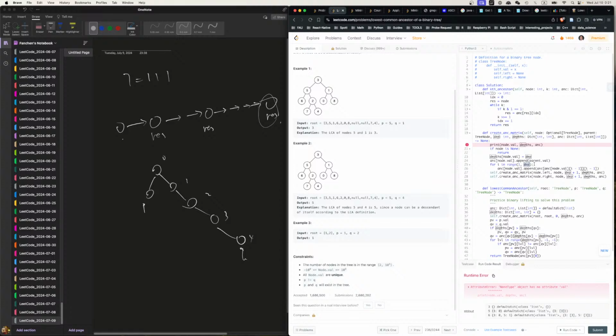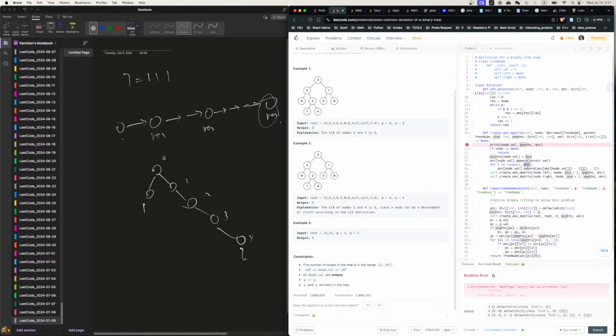It should go to, as long as it's not a depth. So I should turn it into log